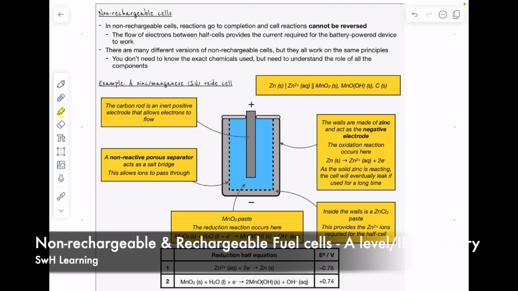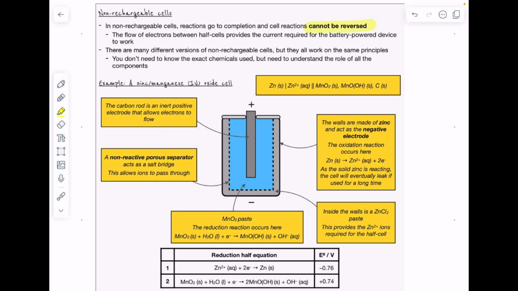In non-rechargeable cells, reactions go to completion and cell reactions cannot be reversed. The flow of electrons between half cells provides the current required for the battery-powered device to work. There are many different versions of non-rechargeable cells, but they all work on the same principles. You don't need to know the exact chemical used in your exam, but you need to understand the role of